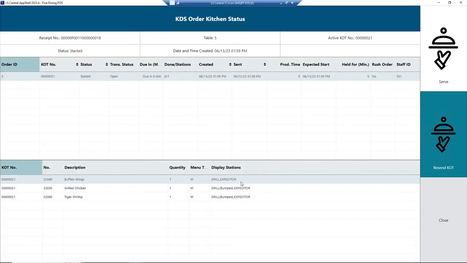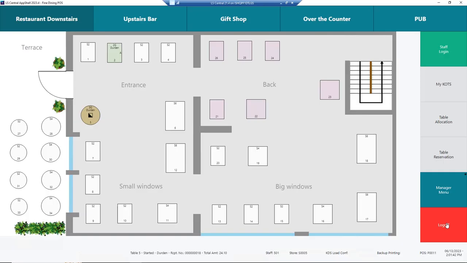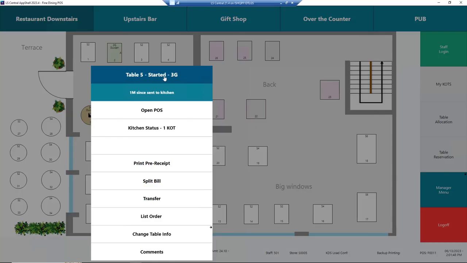And we see that the buffalo wings has nothing been done, but grilled chicken has been bumped from the grill. A tiger shrimp has been bumped from the grill. So this helps the waiter. So the waiter by this can monitor what happens. He can monitor it with the little icon or look at it and see it started and the kitchen COT.